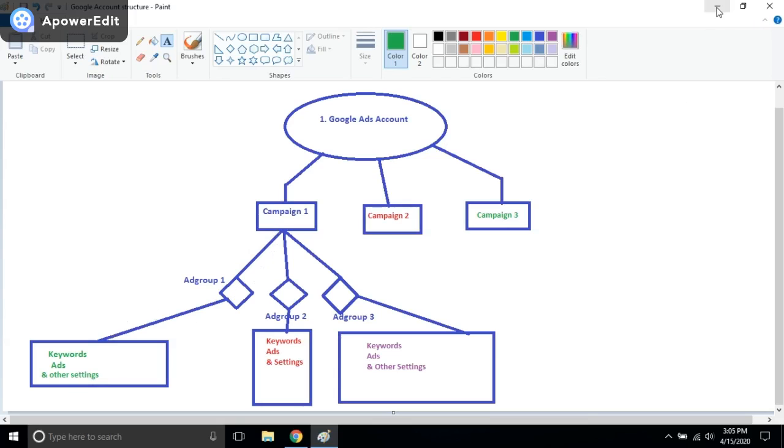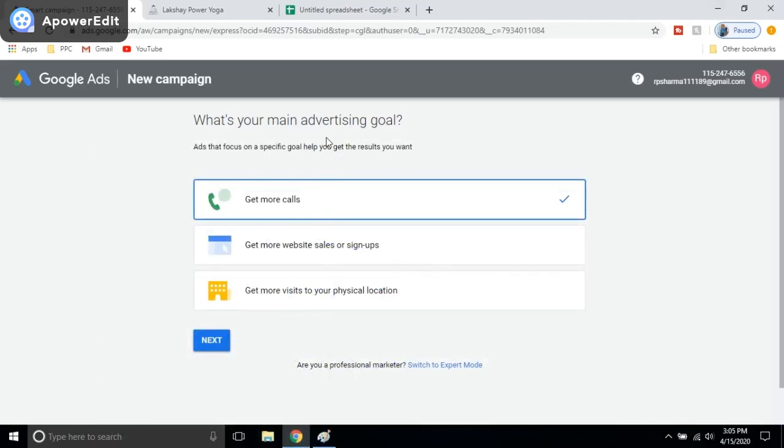So let's move. In my last video I explained if you are new to Google Ads, you should choose this option. You should choose from these goals because it is quite automated and it helps you to create a new campaign if you are a novice.